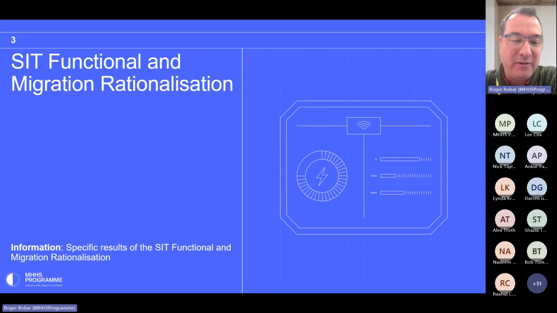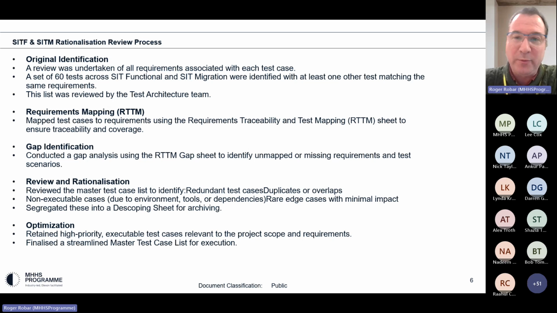So, SIT functional and migration rationalization. Again, this was the original scope of this meeting, and it turned out to essentially be a bit of a storm in a teacup. We'd originally looked at all tests in scope and did an analysis of their requirements. So a number of requirements were mapped to each test case.